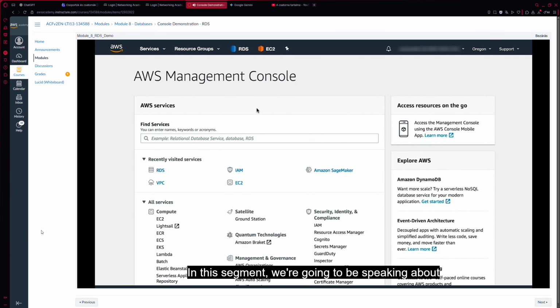In this segment, we're going to be speaking about Amazon Relational Database Service, or Amazon RDS. Amazon RDS makes it easy to set up, operate, and scale a relational database in the cloud. It provides cost-efficient and resizable capacity while automating time-consuming administration tasks such as hardware provisioning, database setup, patching, and backups. It frees you to focus on your applications so you can give them the fast performance, high availability, security, and